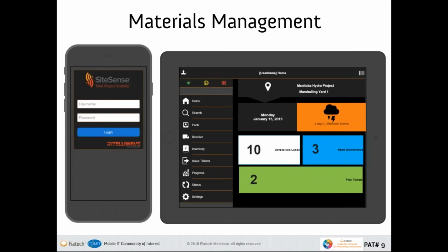So let's cover some of the screens in the materials management application. The first screen here will show two devices side by side. This is an iPhone on the left-hand side and an iPad on the right-hand side. The one thing you have to keep in mind when you're designing applications is that it needs to adjust and be dynamic to the type of device very easily. So it's got to be readable in both formats and create the best use of space,